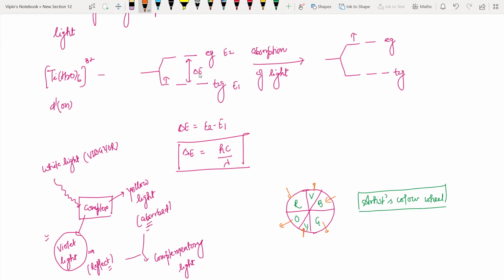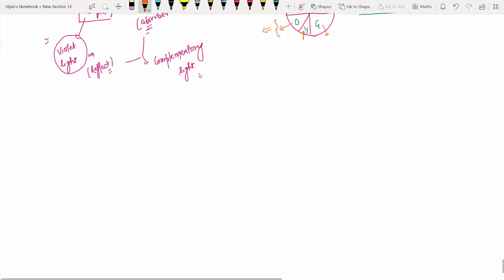where the complementary color of yellow is violet, the complementary color of orange is blue, and the complementary color of red is green, right? It means if any complex absorbs blue light, then the light reflected by the complex will be orange, and that will be the color of that particular complex. Okay. Now we will move to the